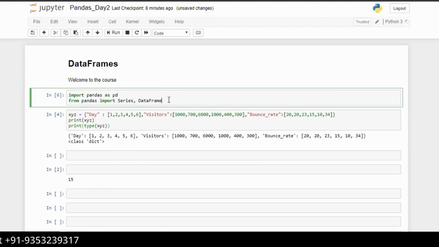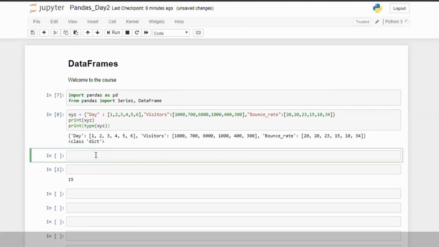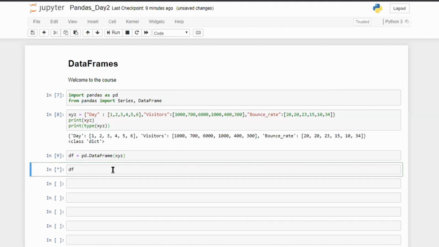So you have run this, and here I will give a variable name df equals pd.DataFrame of x, y, z. That's it. Let's run this and let's write df.